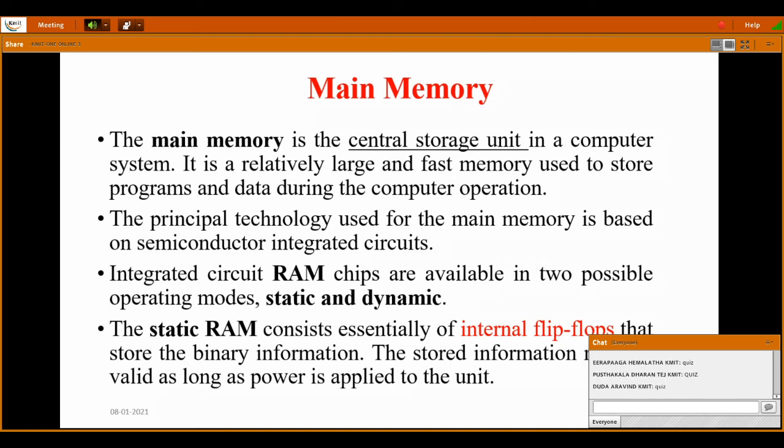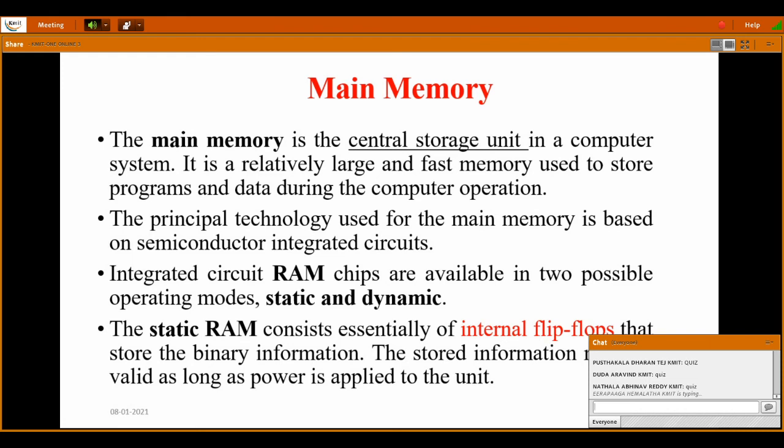Here we can also take one example, DRAM. What is DRAM? It stores the binary information in the form of electronic charges that go to the capacitor. Capacitors are provided through the help of a transistor. What are the main advantages of DRAM? The storage capacity is very high. One more advantage of DRAM is that it reduces power consumption, working with a lesser amount of power.